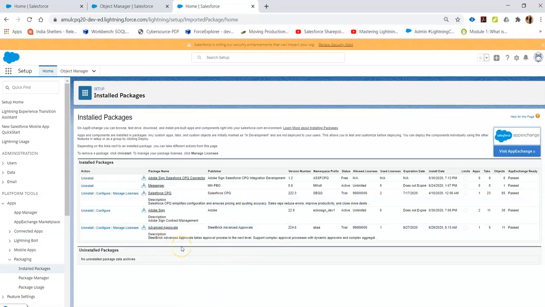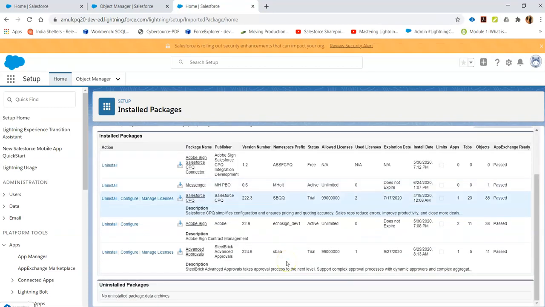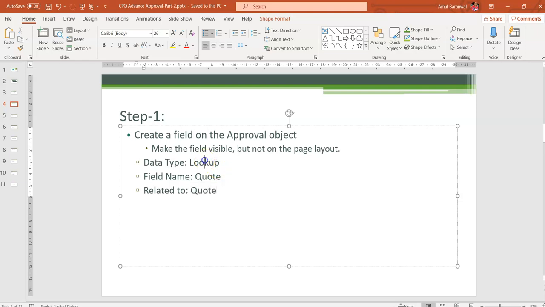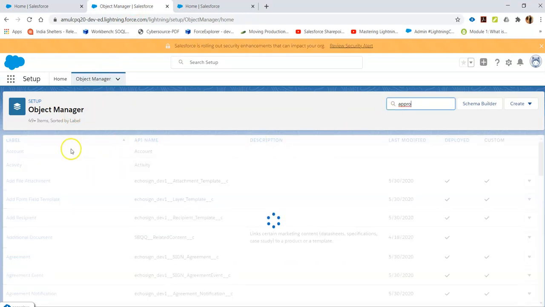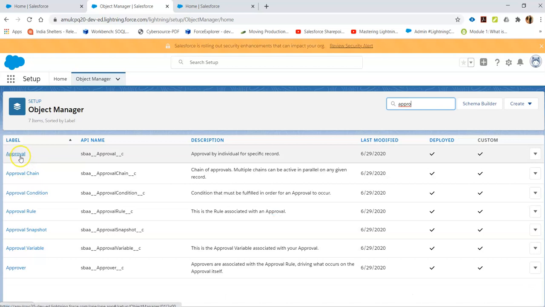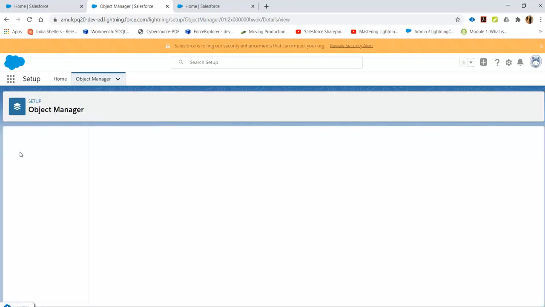Now you can see all the AppExchange packages that we have installed so far. You can see the Advanced Approval package is installed. Now I have to create this quote lookup field on the approval object. Let me move to my object manager and search for approval. You see the API name called sbaa__Approval, meaning Steelbrick Advanced Approval. Open this object.